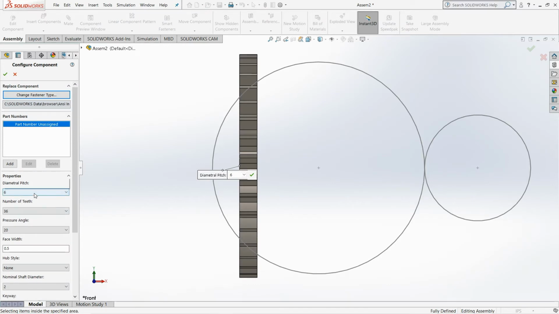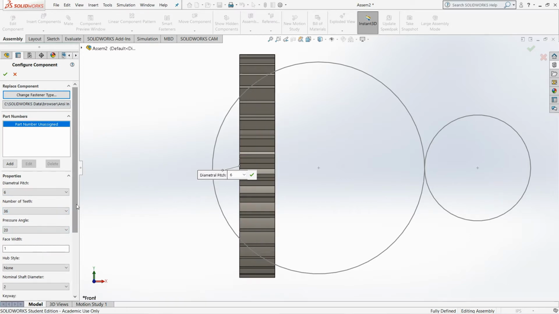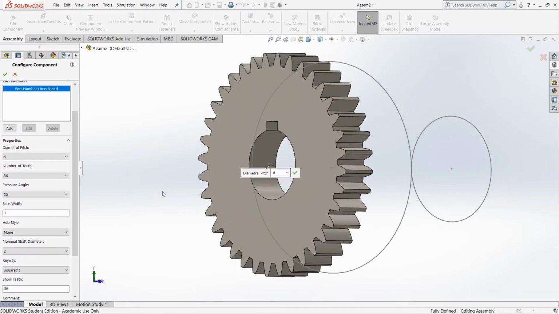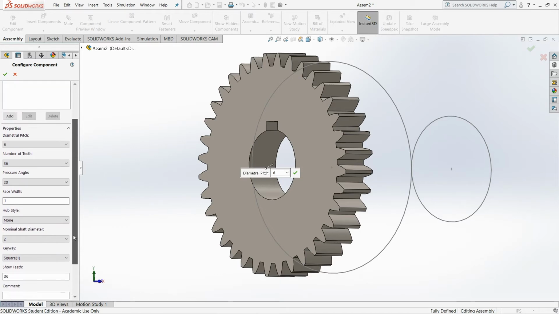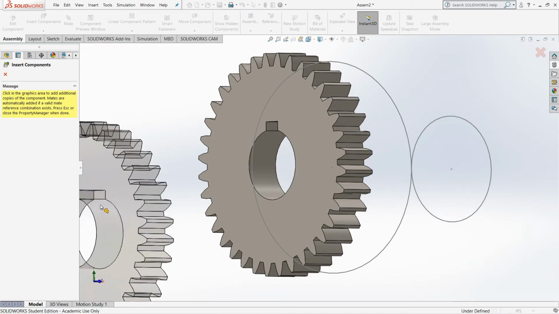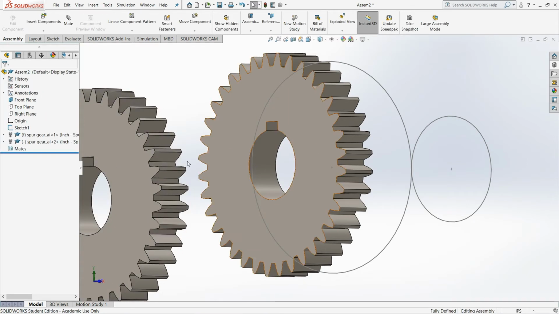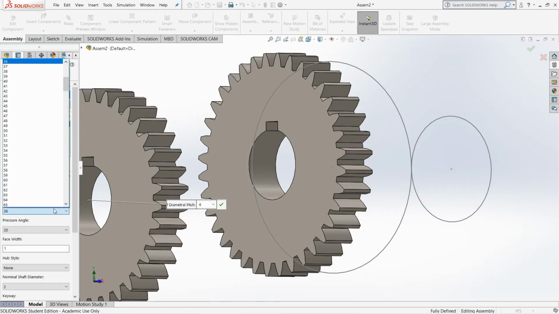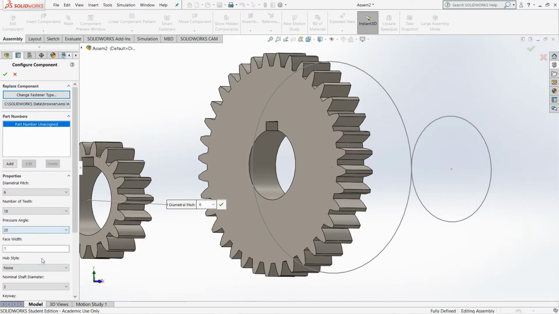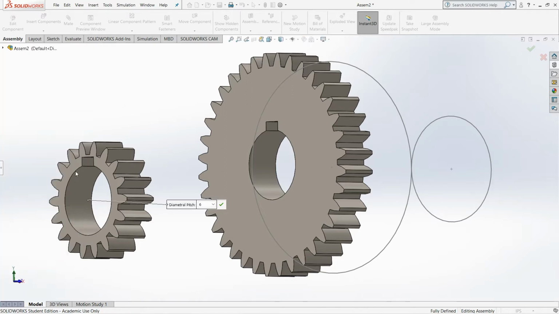I am taking its pitch 6 and also the number of teeth I am taking 36. Now I am taking width 1 for looking beautiful. I have a hole for the shaft and a keyway for the shaft, for rotating, giving the power transmission. Now I make a copy of it and make the teeth number half of it, because one was 6 and another was 3, so it will be automatically 3.